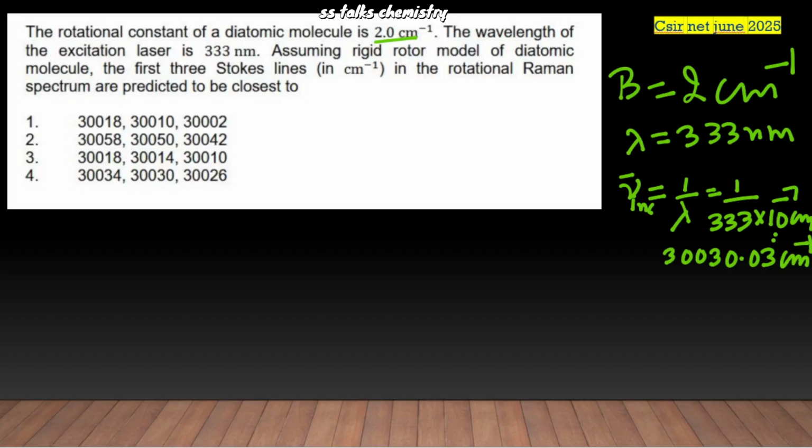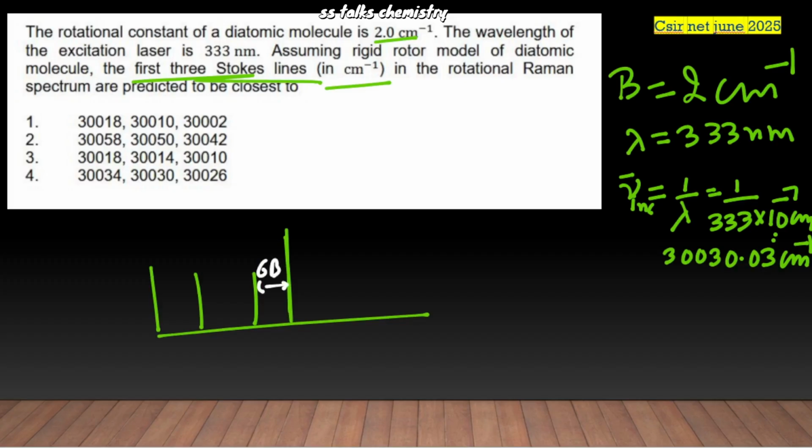Next, assuming the rigid rotor model of a diatomic molecule, the first three Stokes lines are asked, in centimeter inverse, for the rotational Raman. So this is the Rayleigh line, and here are the Stokes lines, the distance between them. The first is at a distance of 6B, then we have the gap which is of 4B,